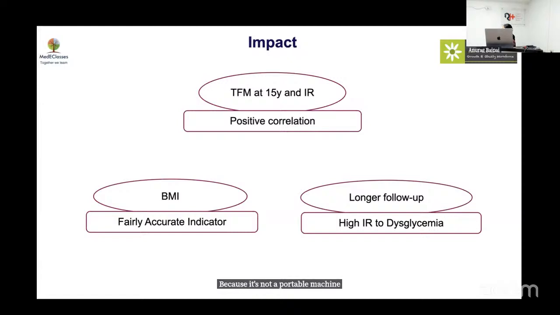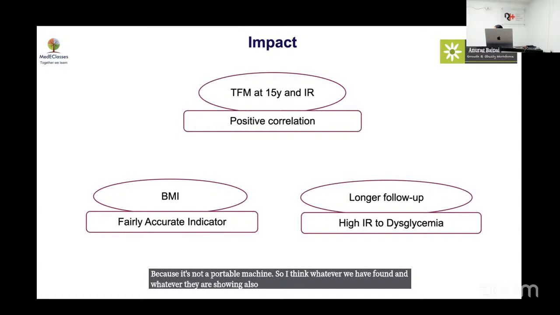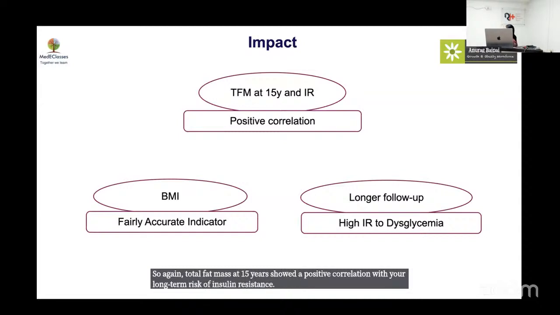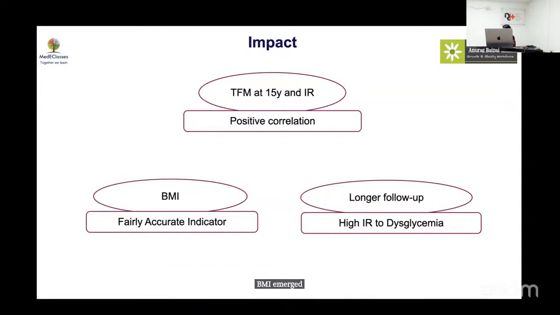So I think whatever we have found and whatever they are showing also is that BMI is the best parameter. Don't worry too much about it. And waist circumference is the waist. This is what is emerging from many studies. So again, total fat mass at 15 years showed a positive correlation with your long-term risk of insulin resistance. BMI emerged as a fairly accurate indicator, and